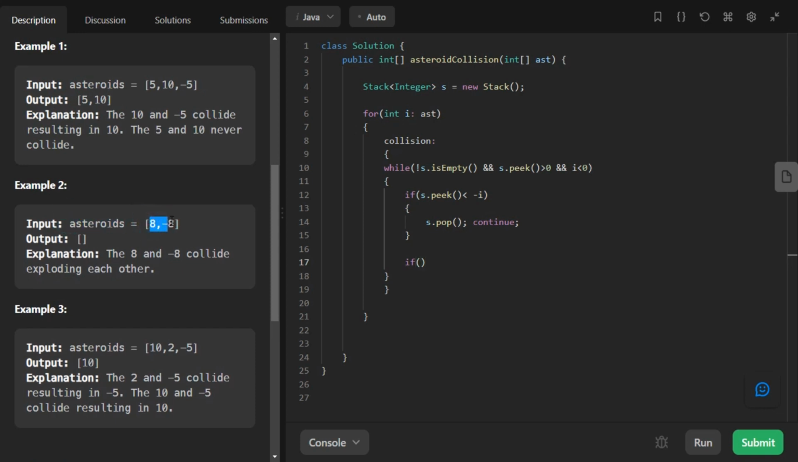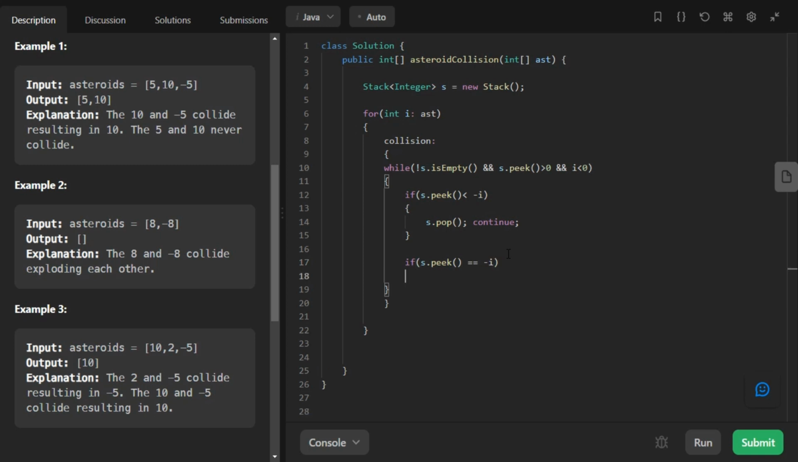If two asteroids which are of the same value are going to hit, then definitely there is nothing that's going to remain at the end. So that means these two will be collided, and that's what we have at the end, right? So if my s.peek is basically equal to minus of i,